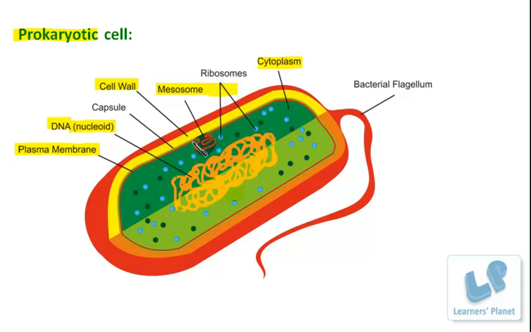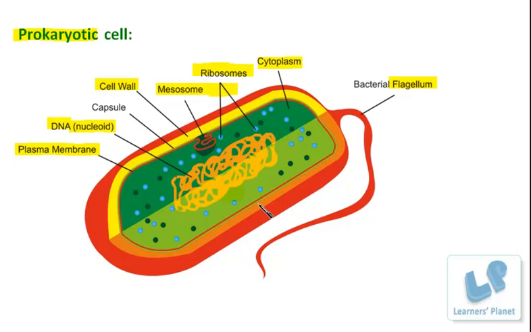Besides this, the cytoplasm has scattered small bodies which are known as the ribosomes. These ribosomes are the important parts which are required for the synthesis of protein molecules. Besides that, in some cells, there are some elongated structures, extensions present over the cover of the cell, and that is known as the flagellum. This flagellum helps in the movement of the bacteria or this organism in its surrounding. Besides this, other types of cells may have different structures like cilia or pili or so on, and all these help in the movement of the cell.